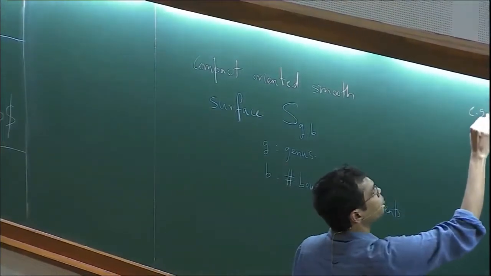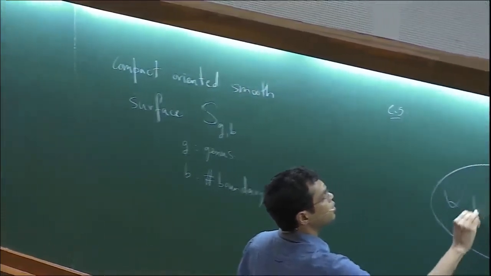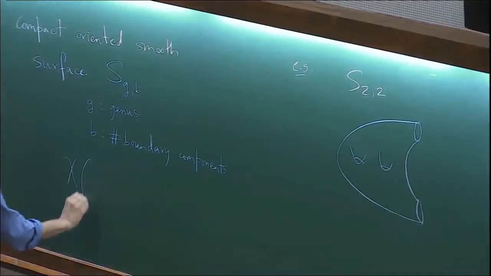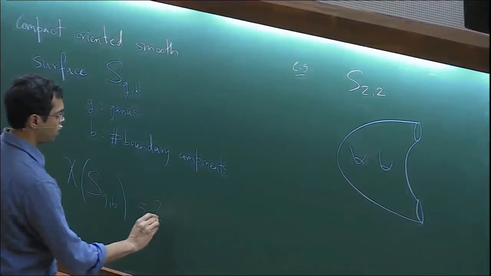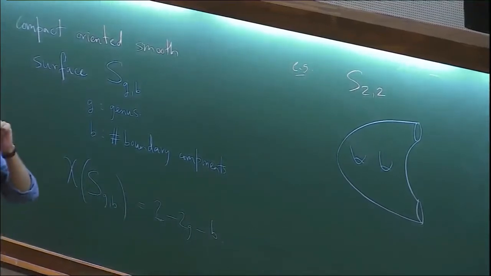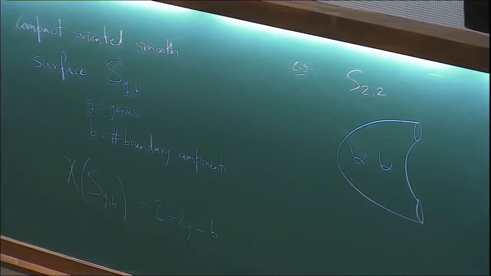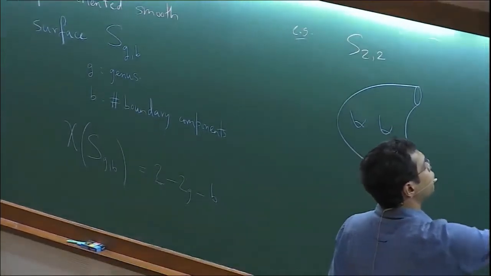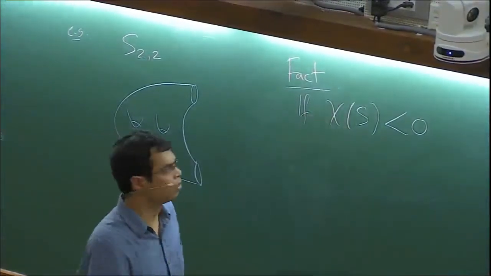And here's an example, just to have a picture. This is S_{2,2}. The Euler characteristic of such a compact surface is 2 minus 2G minus B. So you take a closed surface of genus G and remove B disks. The starting point for us is the following fact: if the Euler characteristic of a surface is negative, (I'll sometimes drop G and B when I don't want to specify what they are),